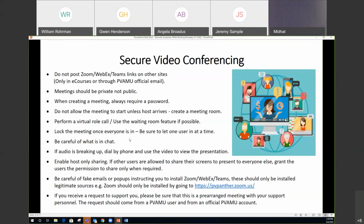Be careful of what's in your chat. All our web conferencing tools enable the chat feature. If you're recording your session, just know that everything that is happening during your session, whether it's by voice, by screen, anything that's in your chat, all those data elements are captured in the recording. So be very careful what's in your chat and always let your participants know that as well so that everybody's cognizant and aware of that. If your audio happens to be breaking up, then dial in by phone and use a video to view the